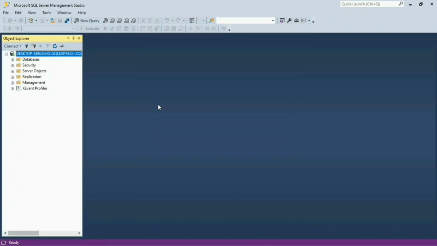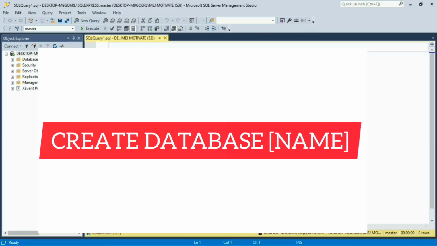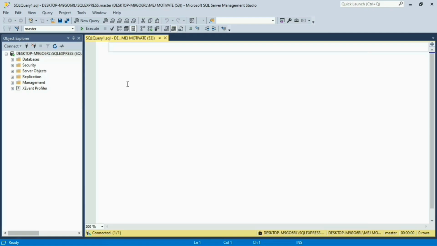Today we'll be creating a database named practice. To create a database, click on new query. The format is create database, then the name of the database you would like to create. In this case, we'll be creating a database named practice. So we are going to use the keywords create